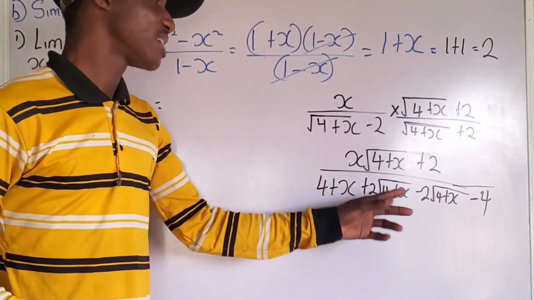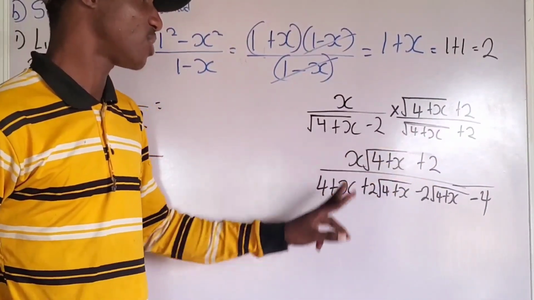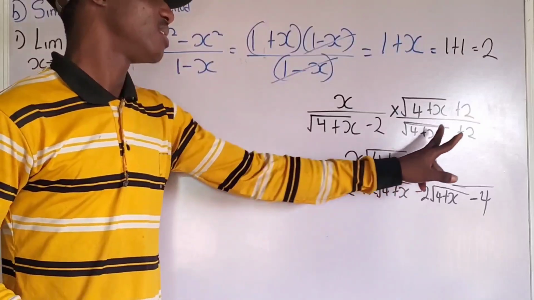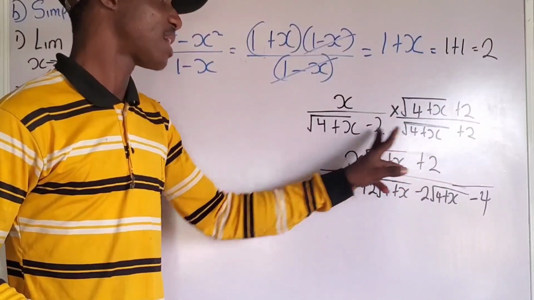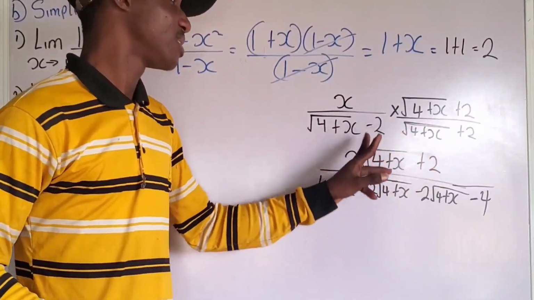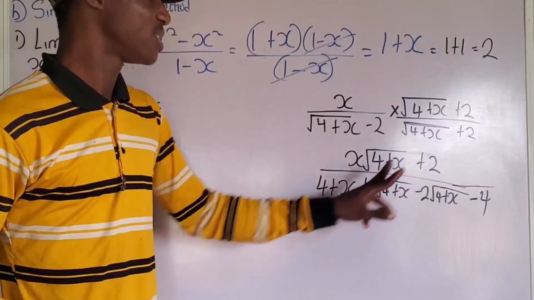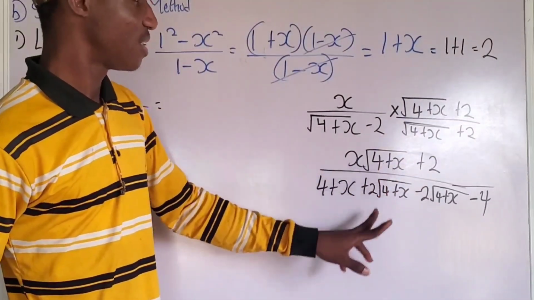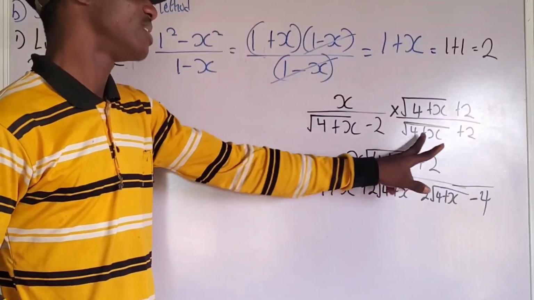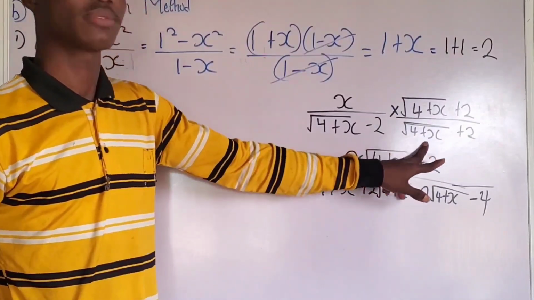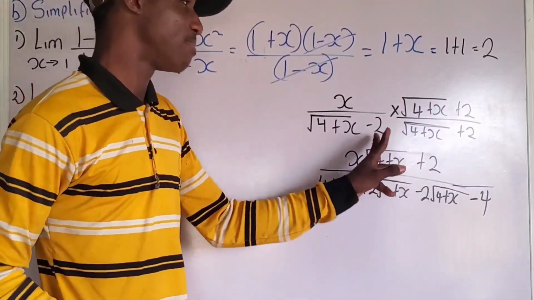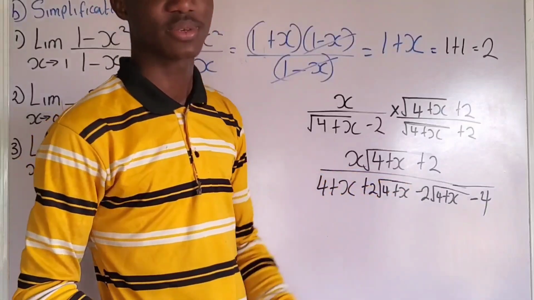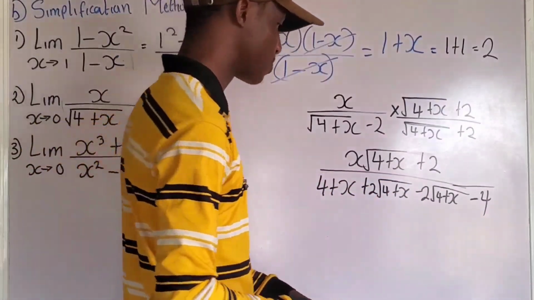Now, having done that, if you multiply this by this, you're going to have this. This times this, you're going to have this. This times this, you're going to have this. Plus 2 times this, you're going to have this. The minus 2 times root of 4 plus x, you're going to have this. The minus 2 times plus 2, you're going to have negative 4. Okay. Now, having gotten to this point, you can just